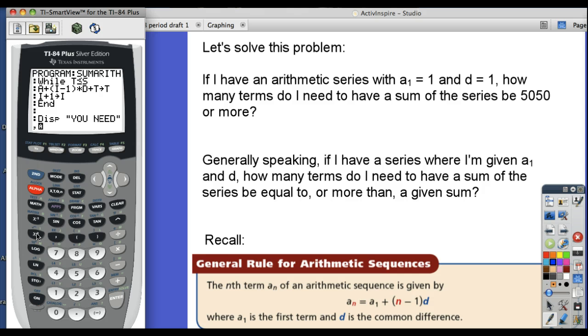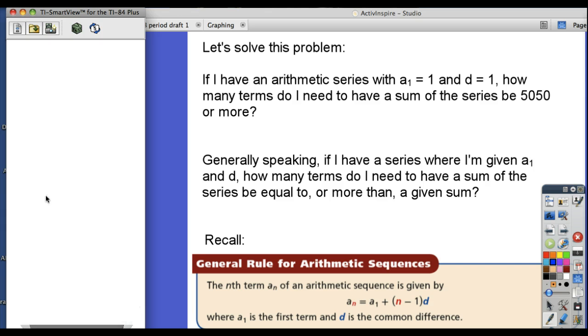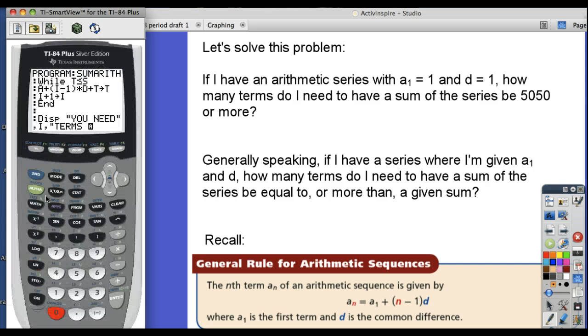But because I'm going to use it as a number, I don't want to put it in parentheses. Otherwise, it'll always say you need I, comma. Now I'm going to go back to terms for a sum